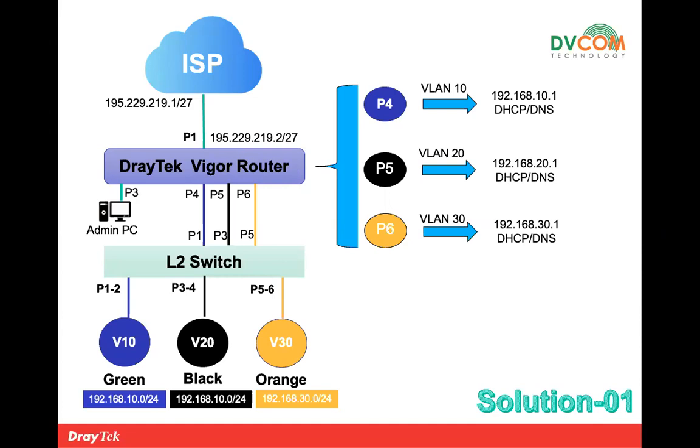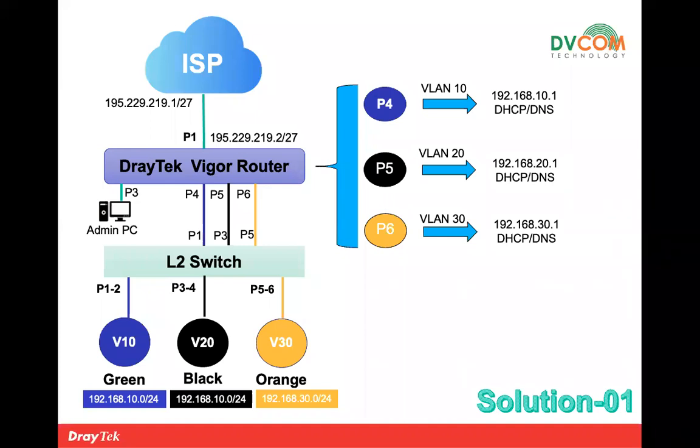And this is the common issue that I'm finding every day, guys, because whenever the engineers, the partners, call me, they ask me, sir, we have a layer 2 switch and the customer is expecting to configure multiple VLANs. Yes, you can configure multiple VLANs and make sure that your DRETEC router acts as the gateway for each and every VLAN. Why? Because the layer 2 switch doesn't do routing, it does only switching.